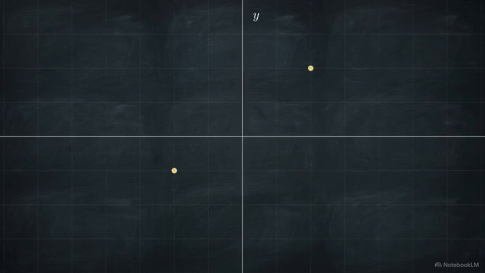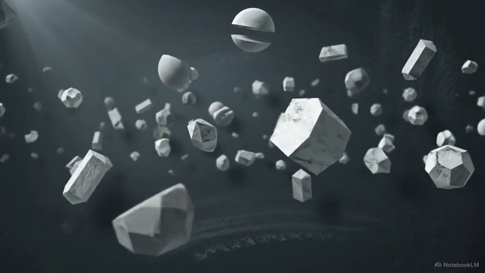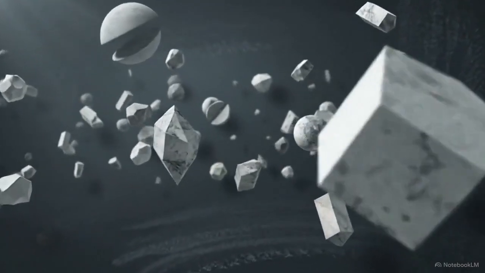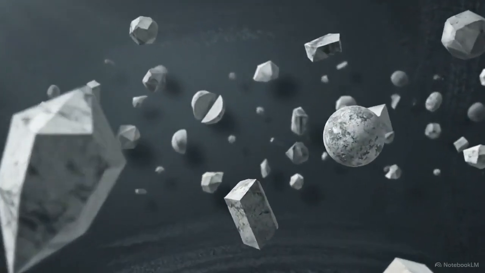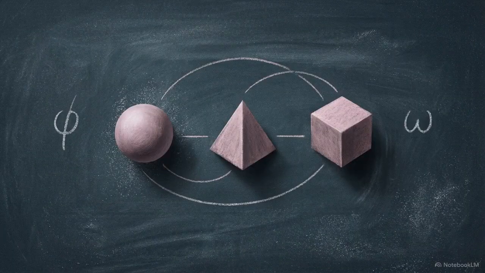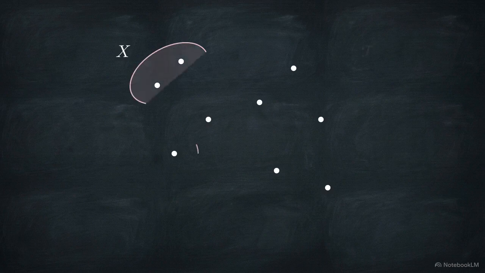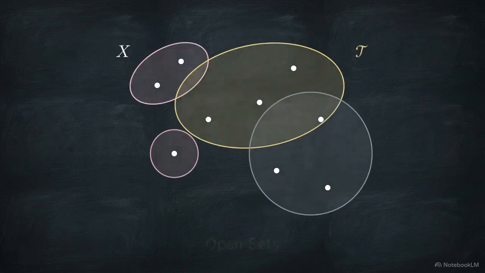When we picture a mathematical space, we usually imagine a coordinate plane, a grid, or a measurable distance between 2 points. But at the absolute bottom floor of mathematics, space is defined without any concept of physical distance or geometric measurement at all. To build this foundation, mathematicians use a structure called a topological space. A topological space is a set of points paired with a specific collection of its subsets, which are called open